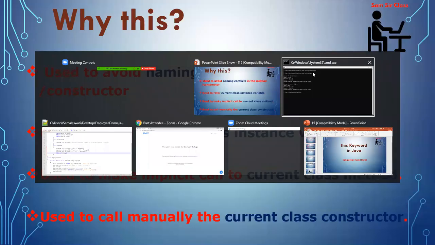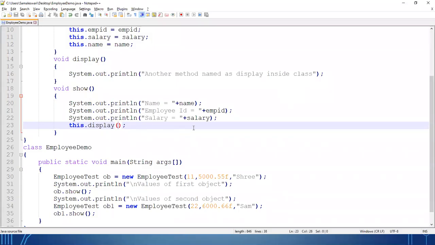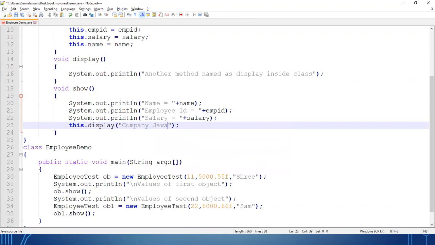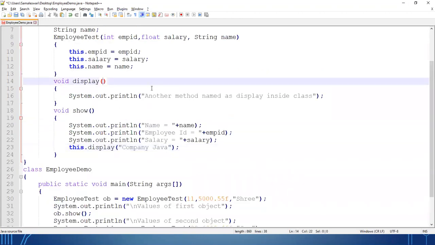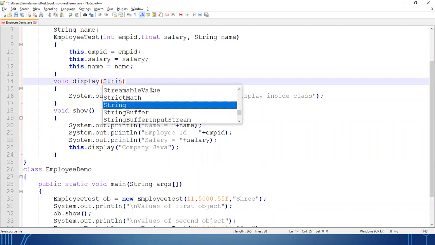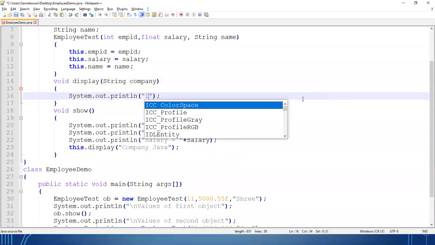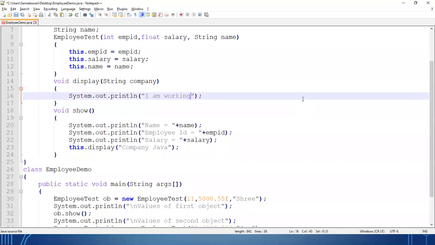How? Let's check. Suppose inside the display method I want to pass the organization name, the company name, suppose company Java. Whenever I pass one value, I have to catch it here: String company.